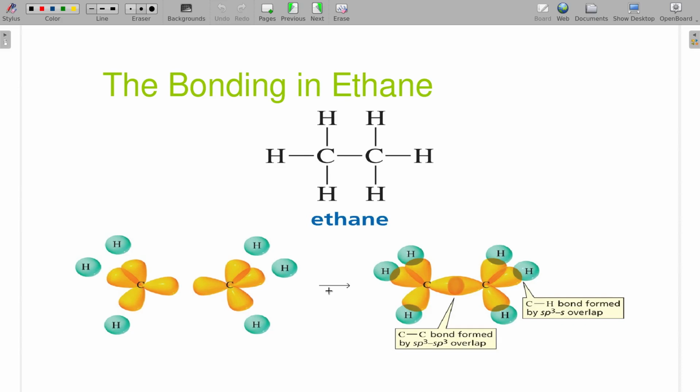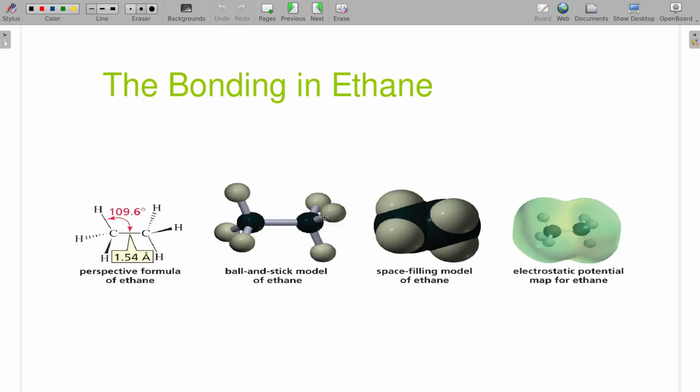Now, the neat thing is, because of how this overlap is, this bond is going to be able to rotate. So we will see that this has different ways of orienting itself. Right now we have it drawn where these 2 are down and this one's down, but we could rotate this and we could end up with something where it almost looks like a mirror from left to right. So that middle bond does actually rotate. There's nothing stopping it.